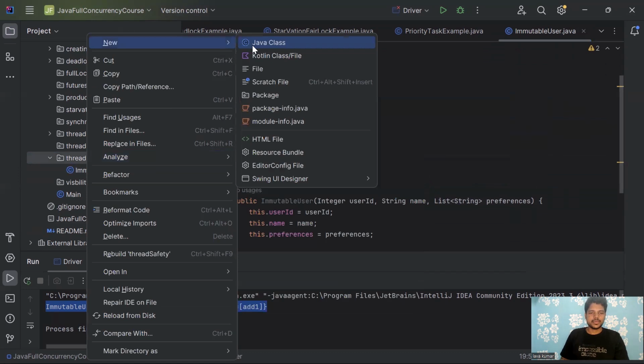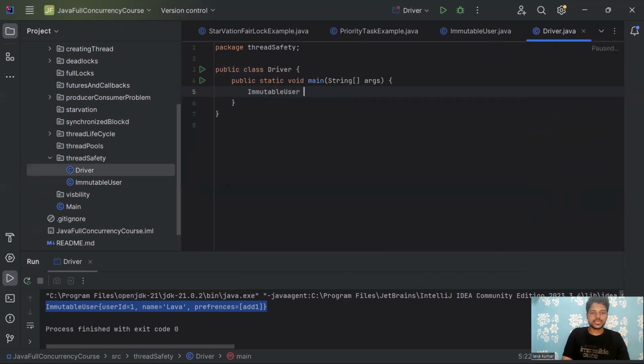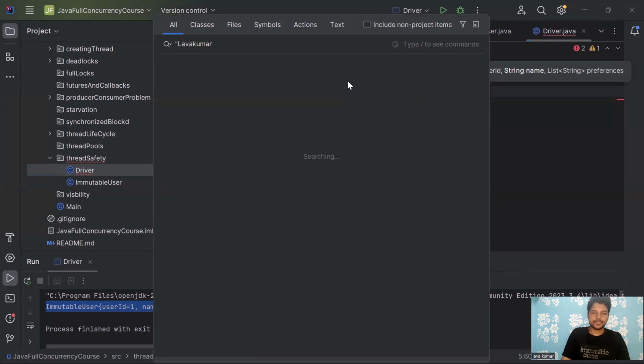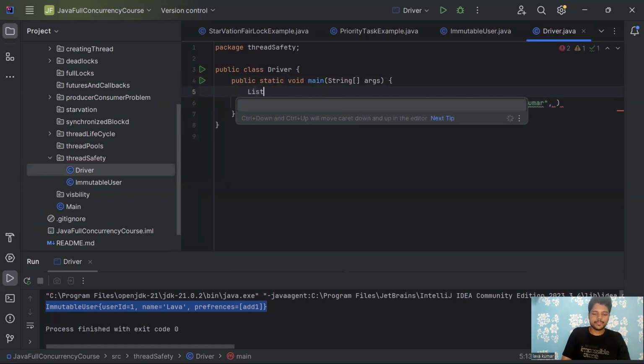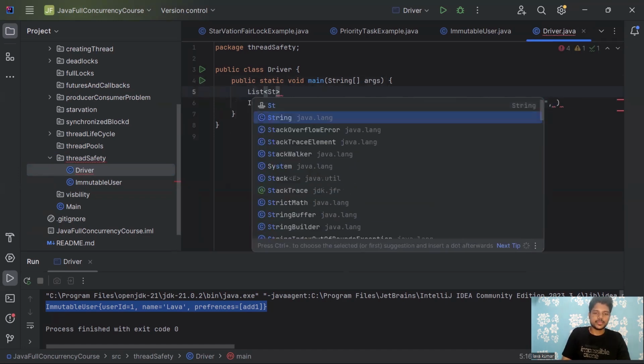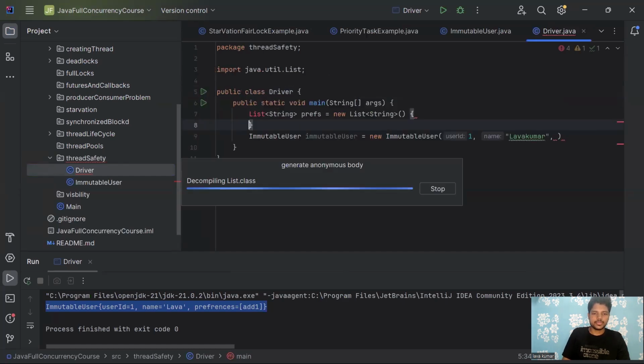Let's test this. Let's create a driver method and have a main. Let's say ImmutableUser user equals new ImmutableUser, right? For example, 1, comma, I can give my name, comma, and let's create a list of strings, prefs equals new